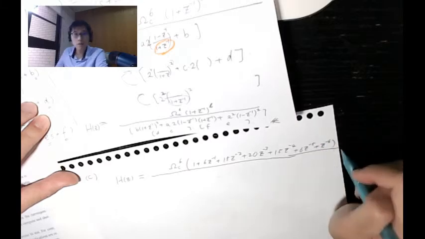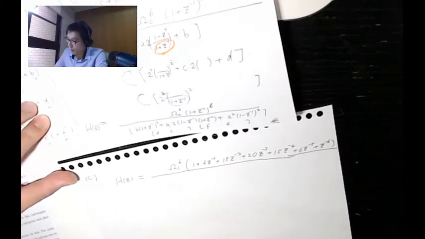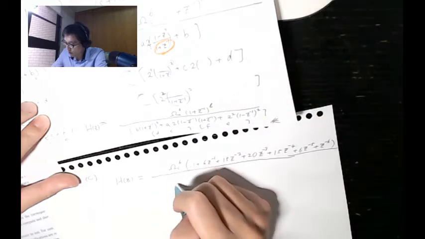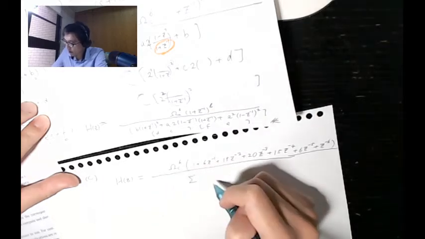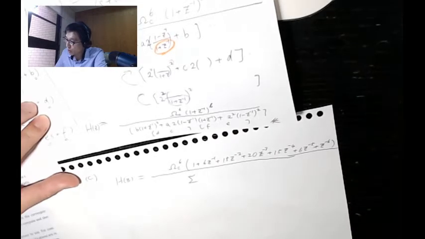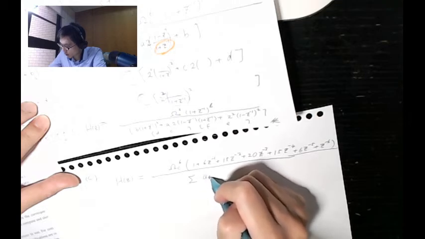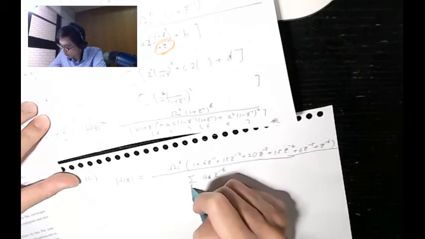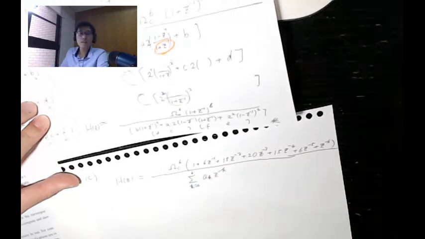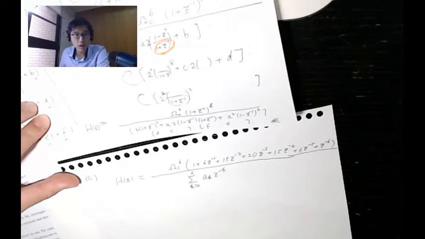Okay, so that's on top. And at the bottom, I'll just roughly express: it should be clear that we do have a 6th order polynomial. Let me just roughly say it's going to be the sum of a_k z to the minus k, where k is from 0 to 6. Okay, 7 coefficients, which gives you a 6th order polynomial of z inverse.